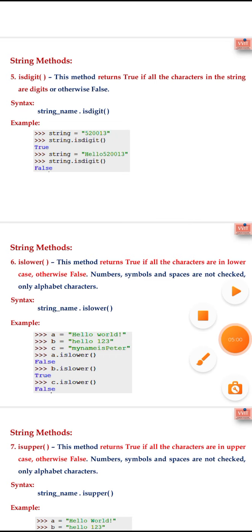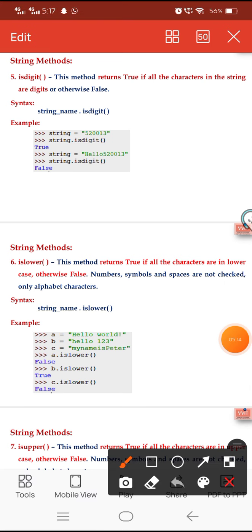The fifth one is isdigit. It returns true if all characters in a string are digits, otherwise false. Example: the first example, string "520013". String.isdigit() is true because it is numerical, whereas "hello520013" is false because it includes alphabets.